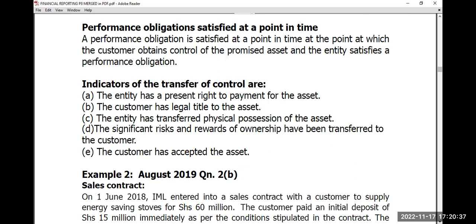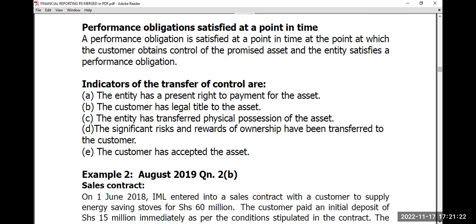The fourth one, we can look at that the significant risks and rewards of ownership have been transferred to the customer. There are certain items which I need to classify as far as this point is concerned. When you are talking about the significant risks, maybe I've been holding the item, maybe you've been paying for the item on hire purchase. I've not given you the item, I'm still having the item, and by the time I transfer the asset to you,